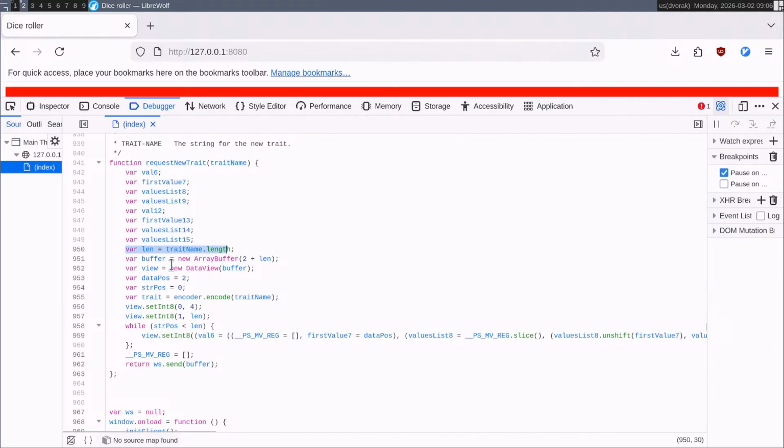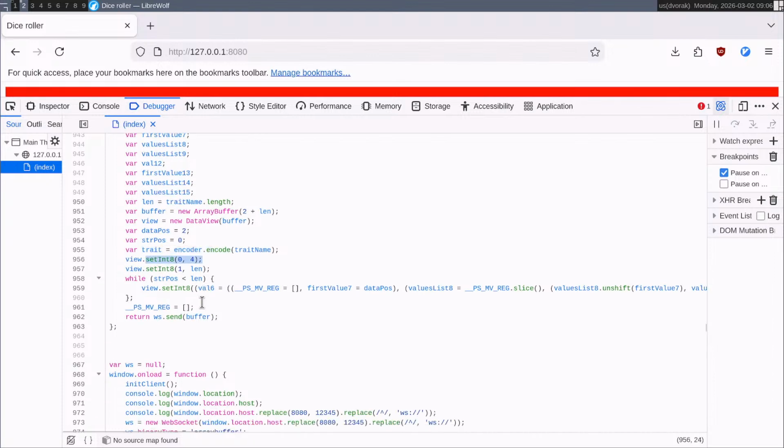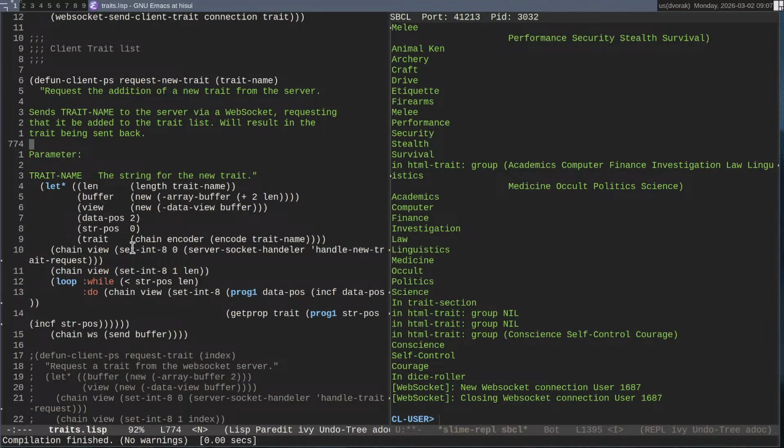Var len trait name length buffer new array new data view data pause start pause set int 8 4. 4 is obviously the position of the handler that it's requesting. And then we're setting the second byte to the length. That looks like what I've got here.